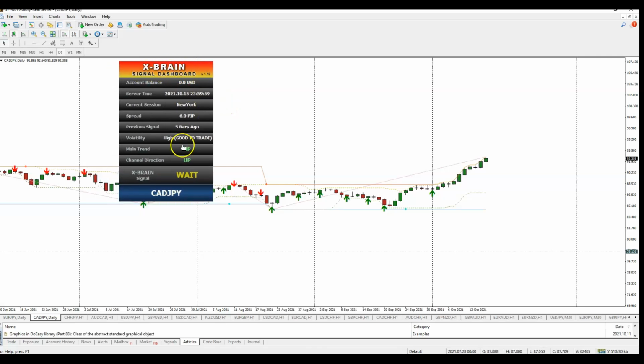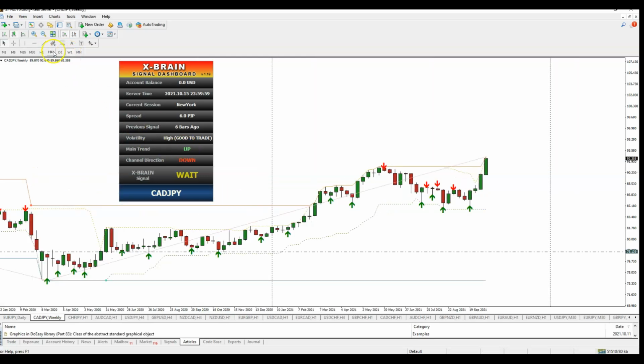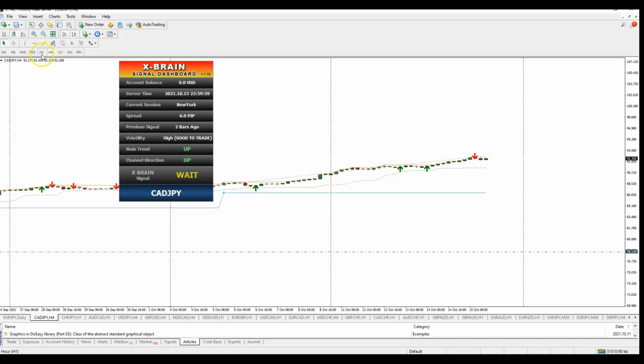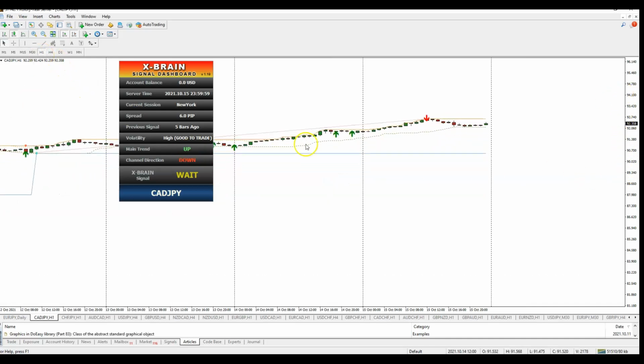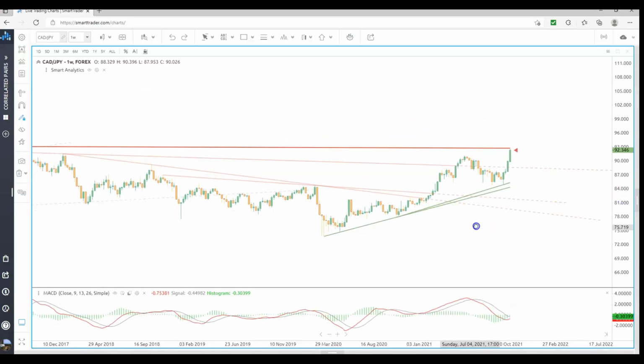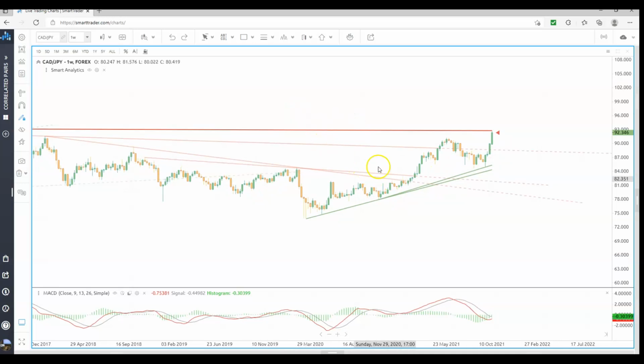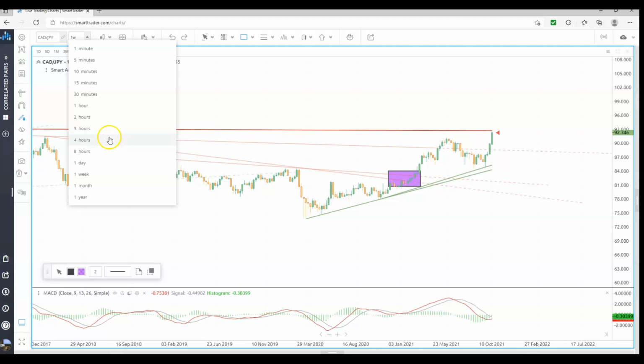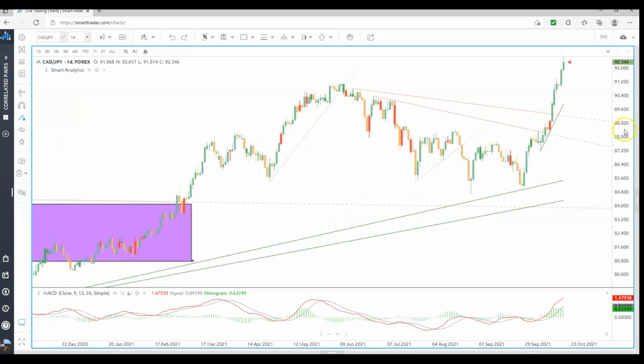First, I looked at the X-Brain indicator, daily chart, uptrend. Okay, main trend was in an uptrend. 4-hour chart, uptrend. Okay, and of course on a 1-hour chart it has changed now because it was Friday and there was a retracement, but both main trend and channel direction were up. So if I look at my chart, notice where price broke the trend line on the weekly chart, right there, back in February. Okay, so from February till now we were in an uptrend based on the weekly chart,